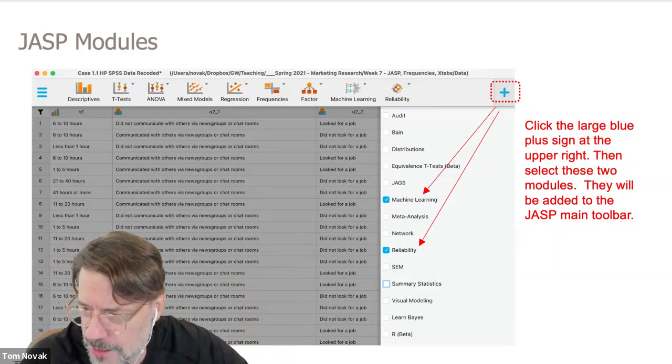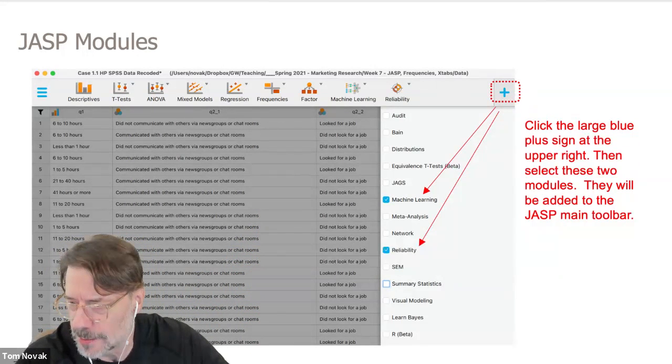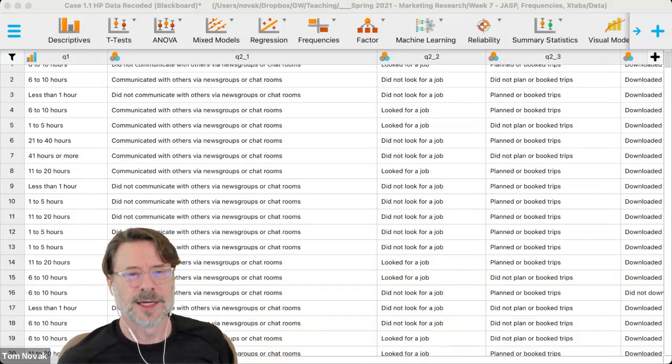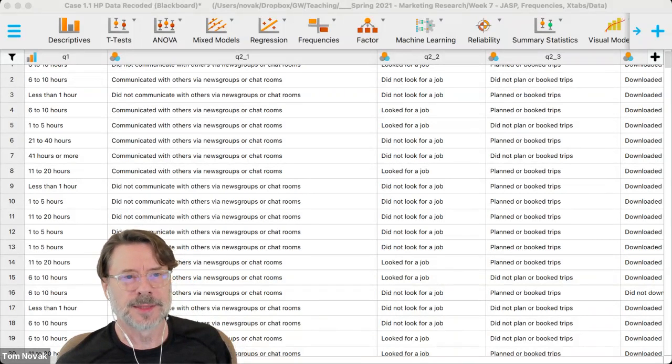Okay, so let's see. What I want to do is just real quickly pull up JASP. So this is JASP. I'm in JASP. I've actually opened the data, but before you do that, again, this hamburger menu, if you click that thing,